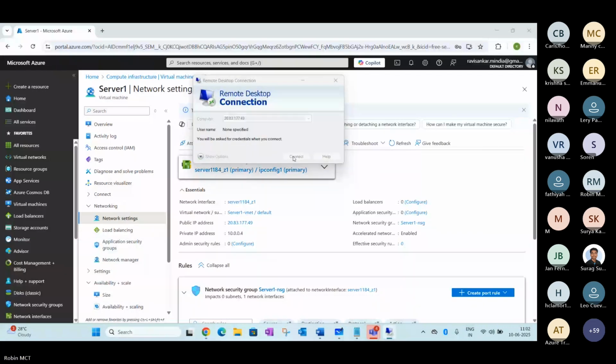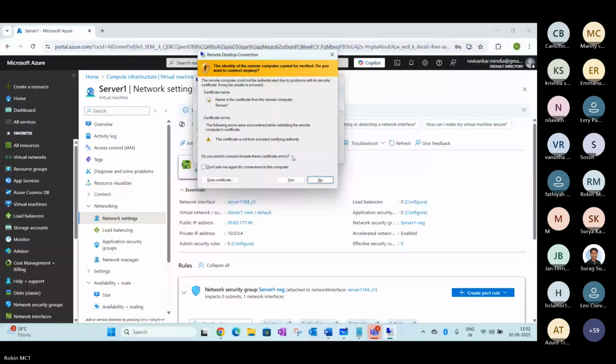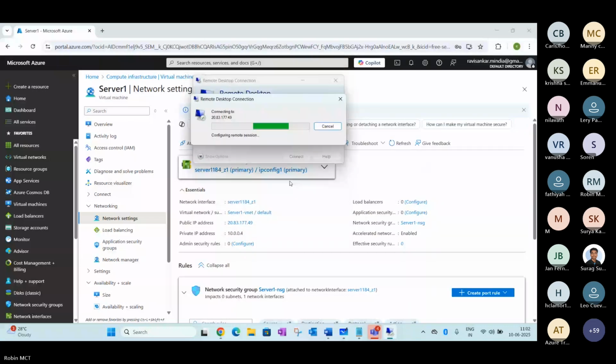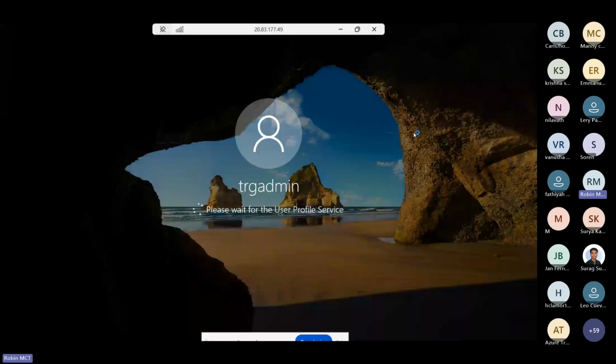It's connecting now. The server is loading here. You can see the server is loading.